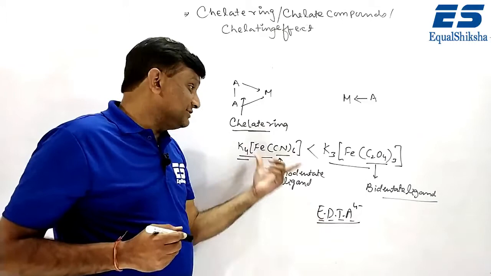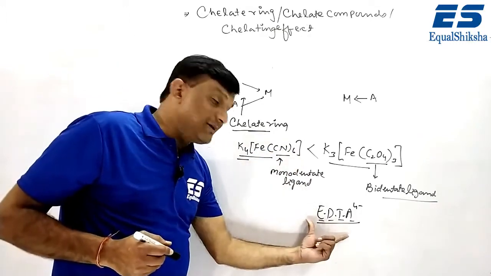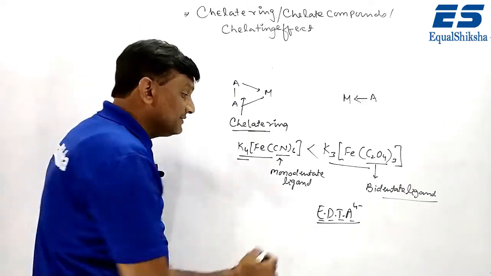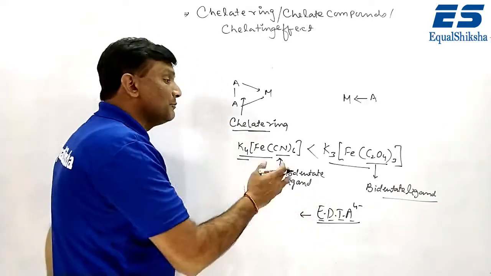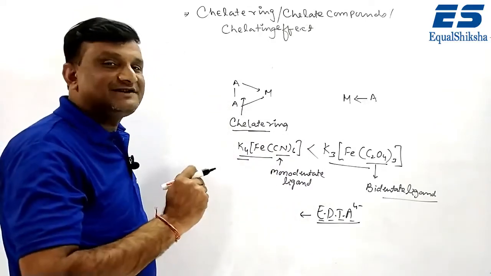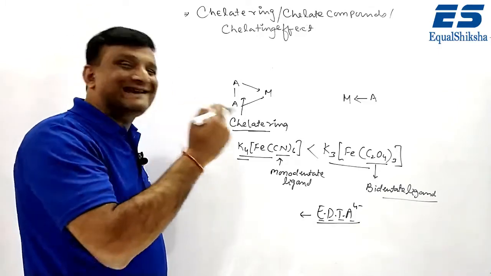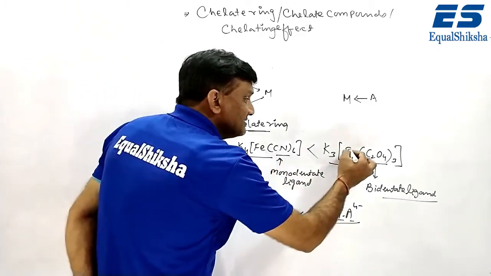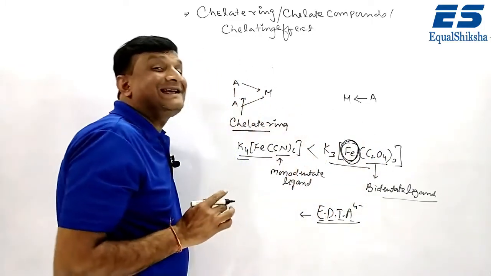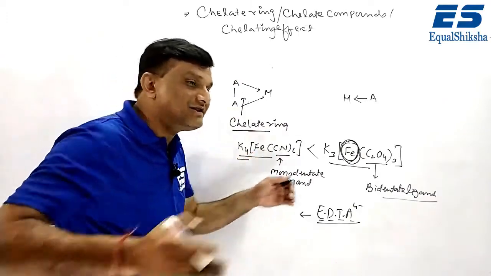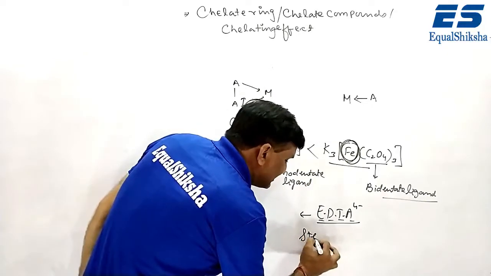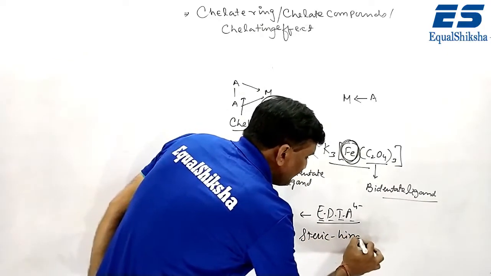And according to this concept, a compound formed with EDTA should be more stable, but this is not right. Because in the case of EDTA, or tridentate, tetradentate, pentadentate and hexadentate ligands, there will be an increase in chelate rings. And due to the increase in chelate rings, there will be increased steric hindrance over the central metal atom. Steric hindrance means a crowd of ligands surrounding the central metal atom, which makes it less stable. That is your steric hindrance.